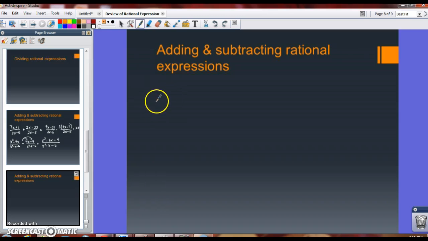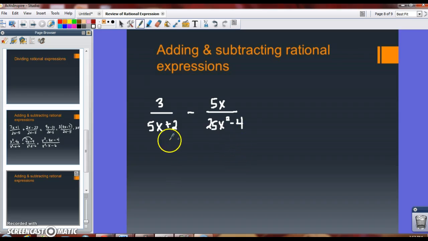So for example, if you have 3 over 5x plus 2 minus 5x over 25x squared minus 4. Okay, so clearly we have different denominators here. And hopefully if you look at this, you recognize that this actually is difference of perfect squares, and that you can factor it to 5x minus 2 and 5x plus